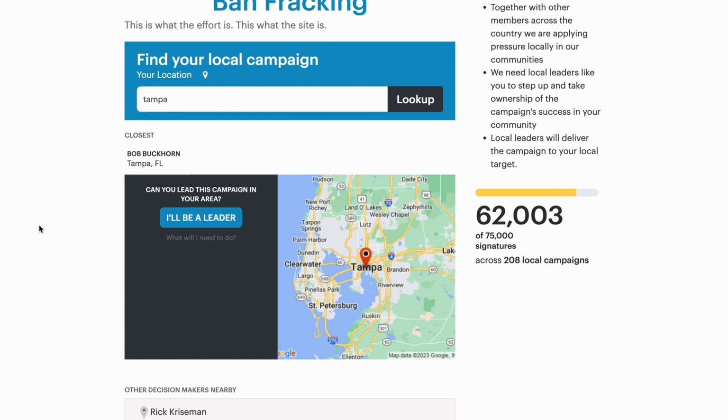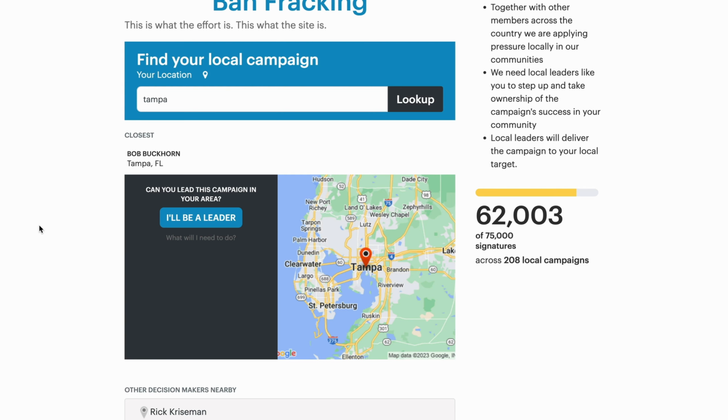If you choose not to pre-create petitions, as we've done for this target, your supporters will only see the option to become a local leader until someone steps up to lead the campaign and create an associated petition for this decision maker. We generally recommend creating petitions for efforts that are targeting a limited number of decision makers. However, you can use your best judgment when setting up an effort.